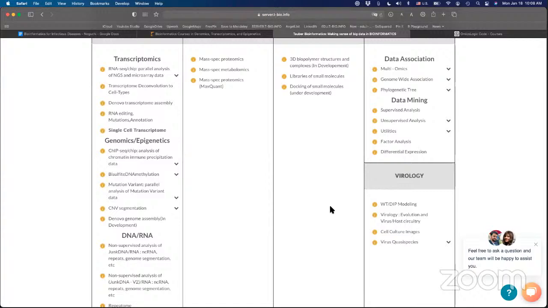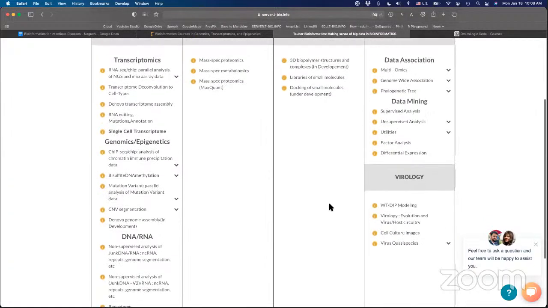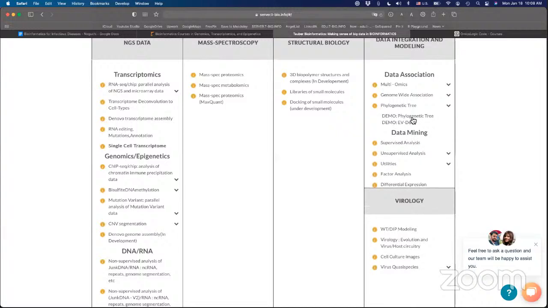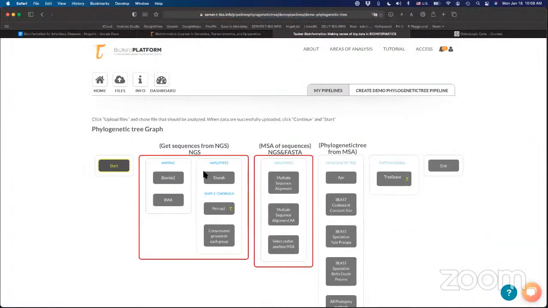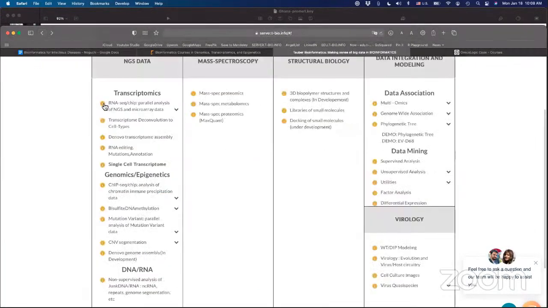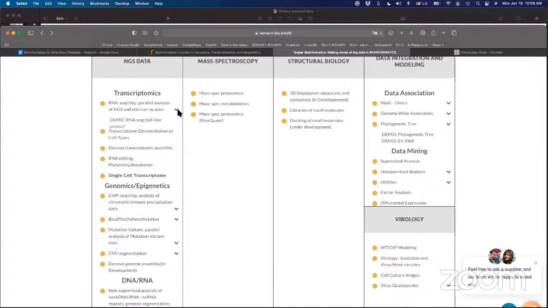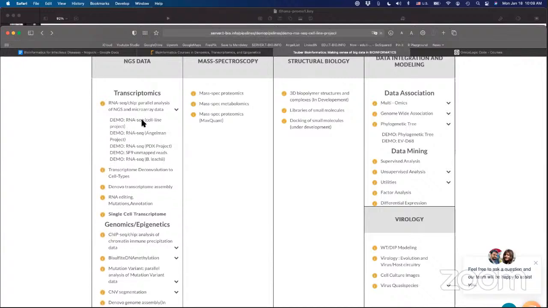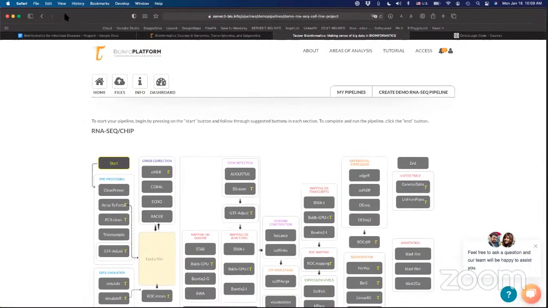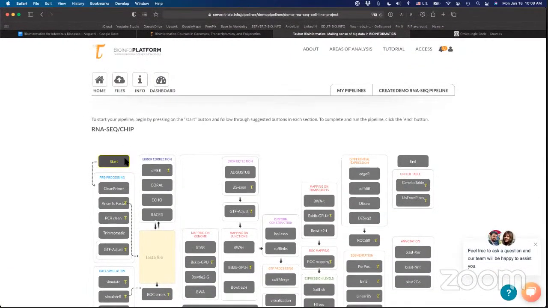So here you can see a number of different examples, for example, how you can build a phylogenetic tree. And this could be done using FASTQ files or assembled genomes in FASTA files. We will also look at how to analyze transcriptomic data. So for example, how we can build a whole pipeline to study patterns in our next generation sequencing data for